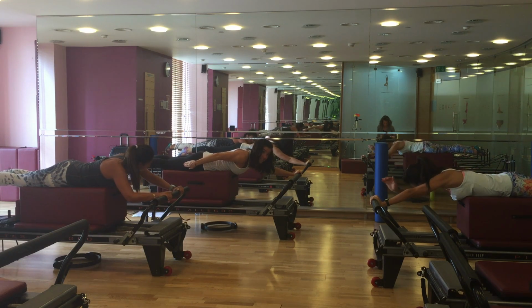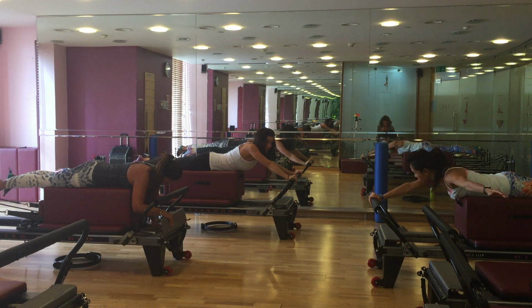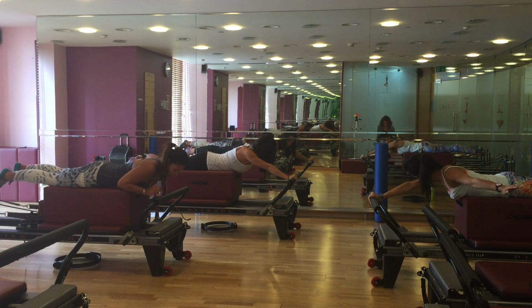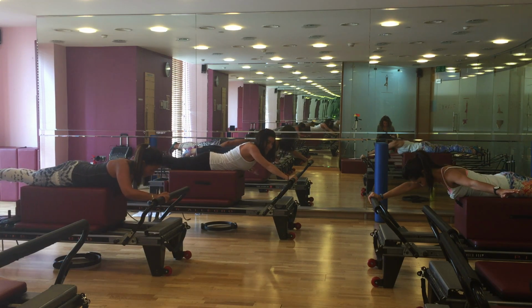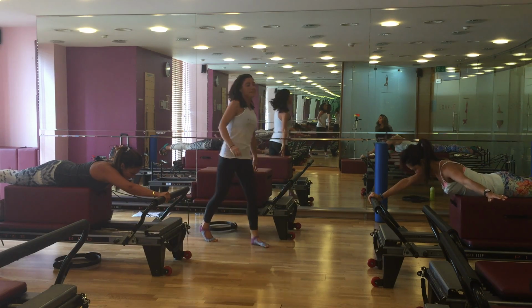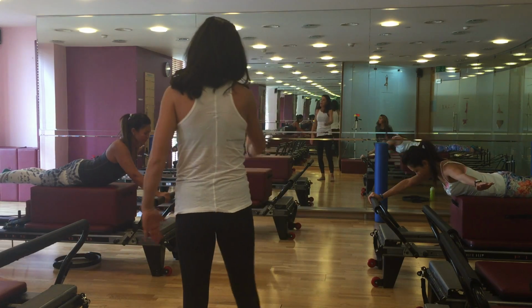Now we're going to repeat the same 2 exercises on your other side. So place your right arm onto the foot bar now and extend your left arm so that it's straight in line with your chest in that L shape. Okay? Now as you breathe in, keeping your right arm straight, lift your spine into extension, and then breathe out